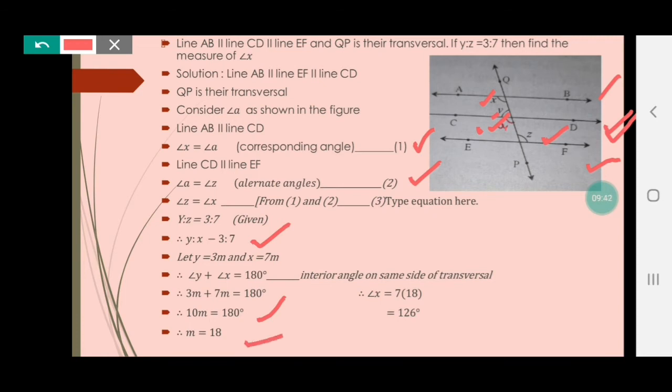Now that value of m I'll substitute in angle x. We need to measure angle x, right? So angle x is equal to 7m, that is equal to 7 into 18. When I multiply that, the answer is equal to 126 degrees. I hope it is clear. Next